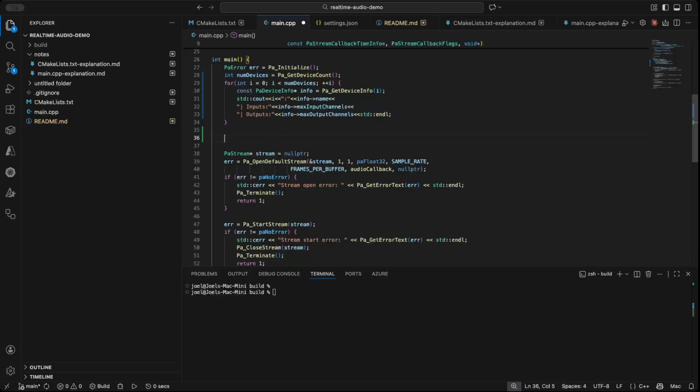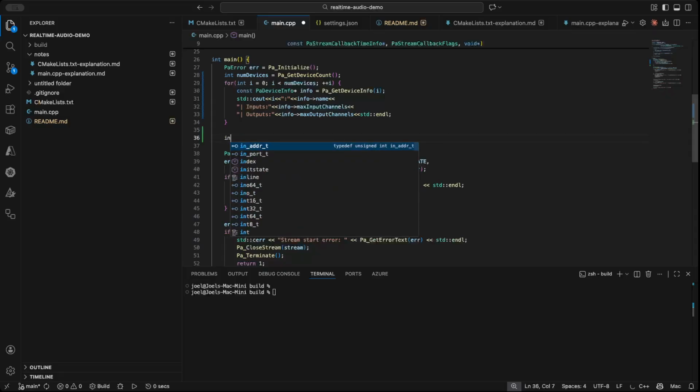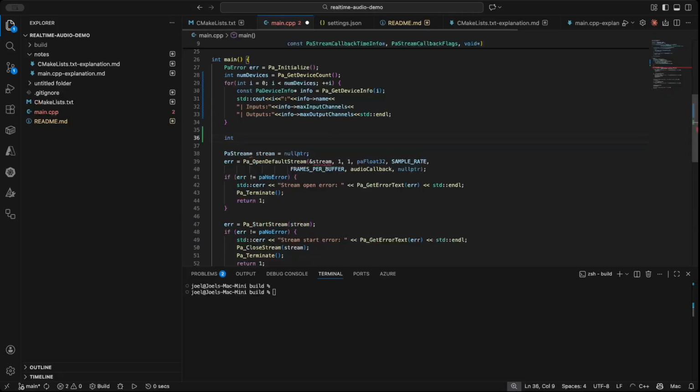Now we want to have a way of asking the user to choose. The user is able to see the list, but we want them to pick. So we're going to do an int. Then we say input device index,